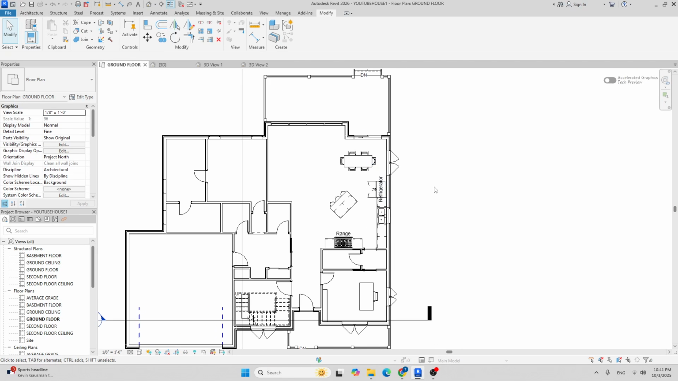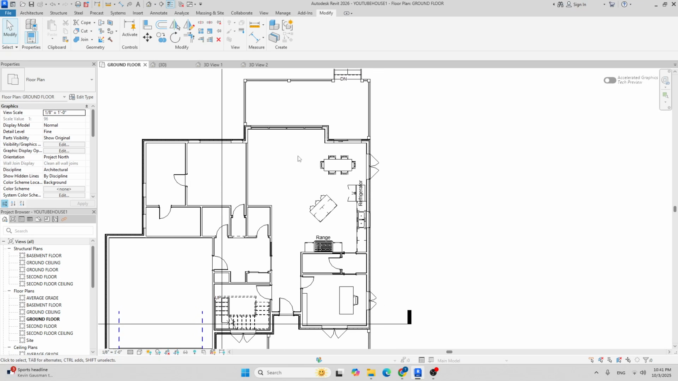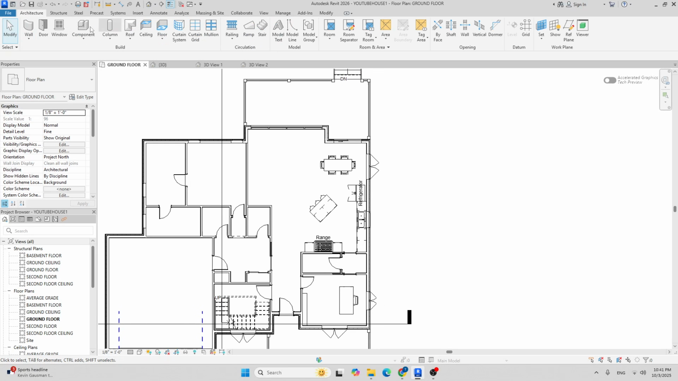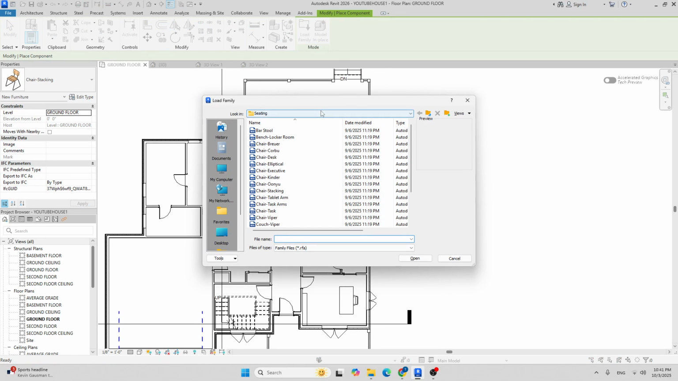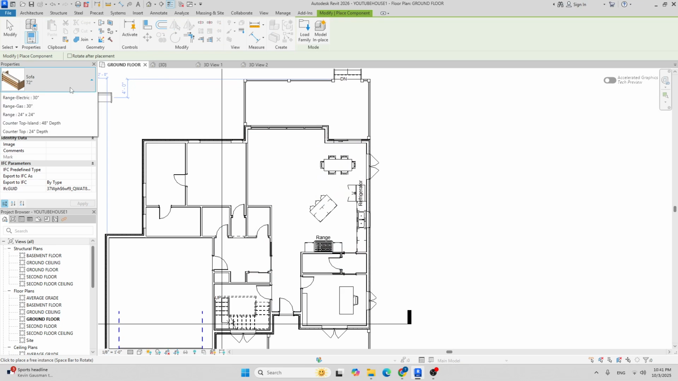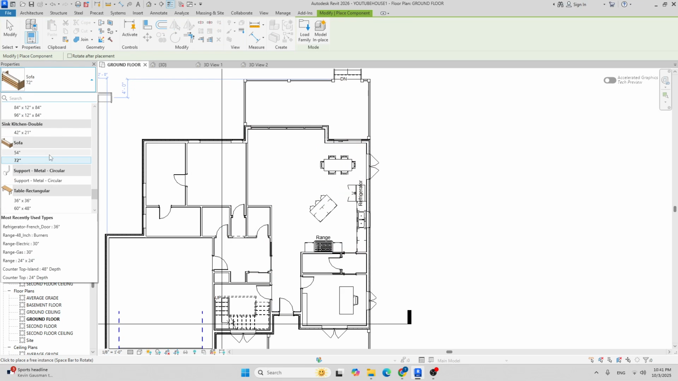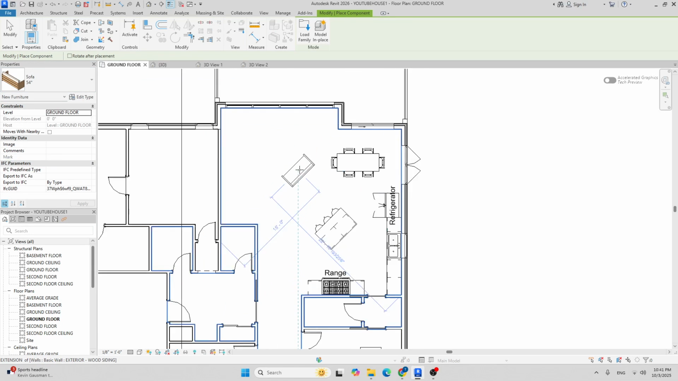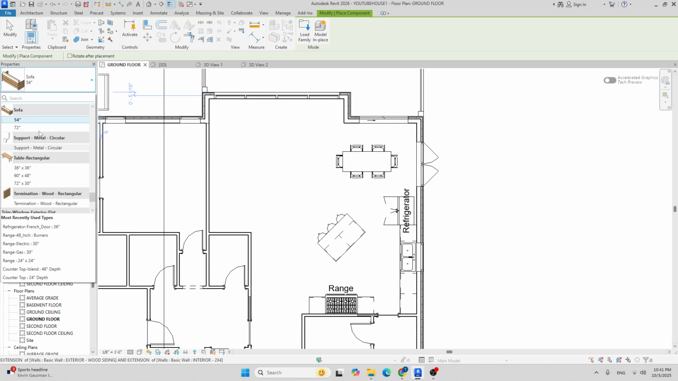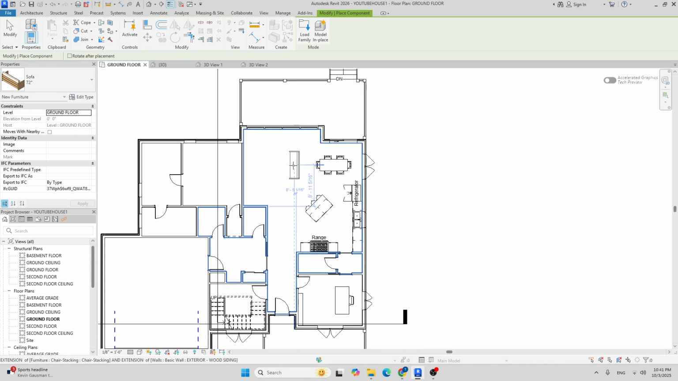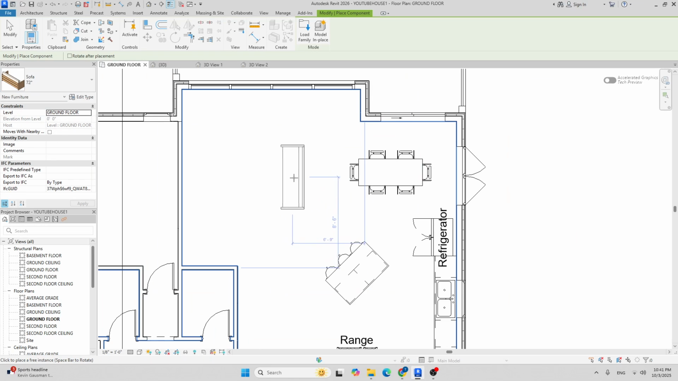I'm gonna go to the floor plan again, and maybe I will add some chairs and some armchair right here. So architecture, component, load family, seating. So I'll find our sofa. I like this one. I'm gonna hit open, and maybe I will choose this 54-inch sofa or 72. Yeah, 72 seems not bad. I'm gonna click right here,